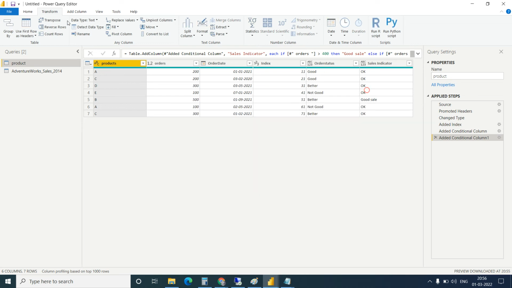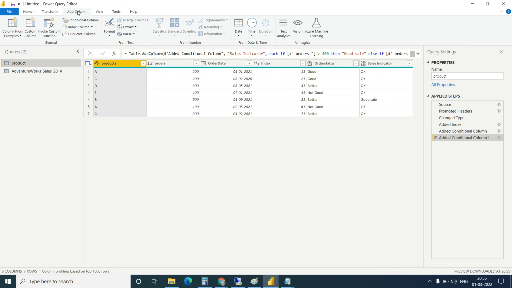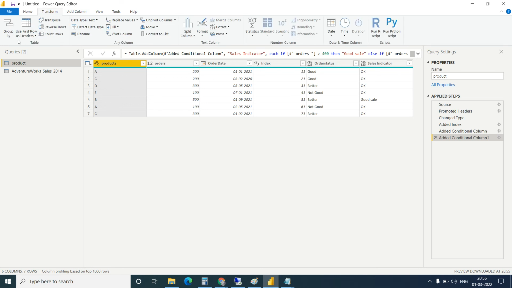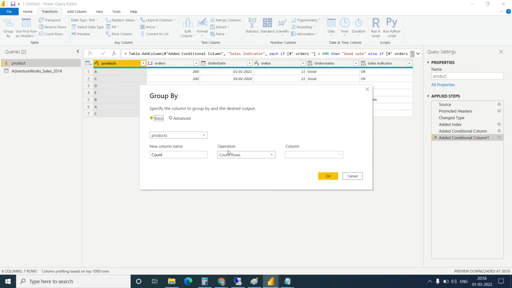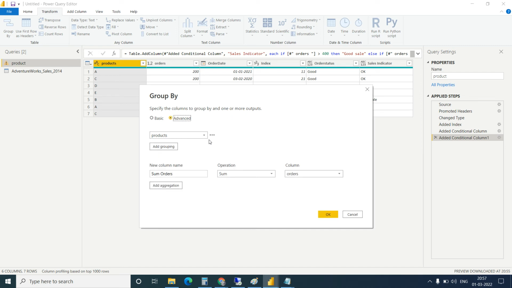Is there any add column available? No, it is only a transform. So product, then sum of orders.